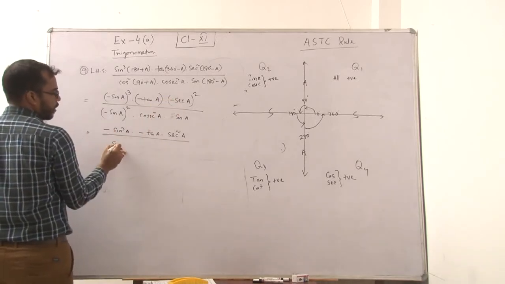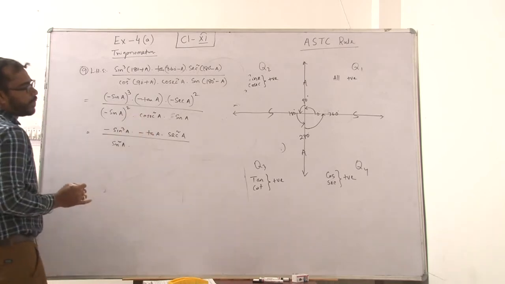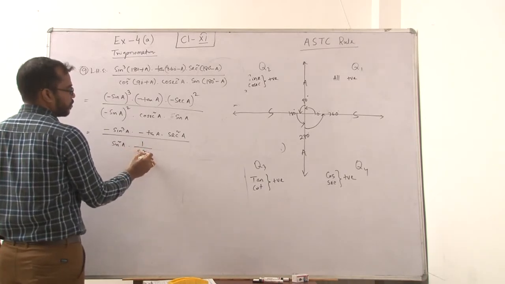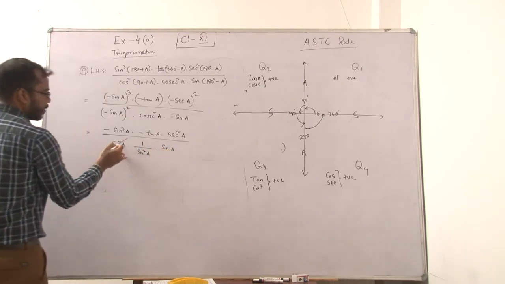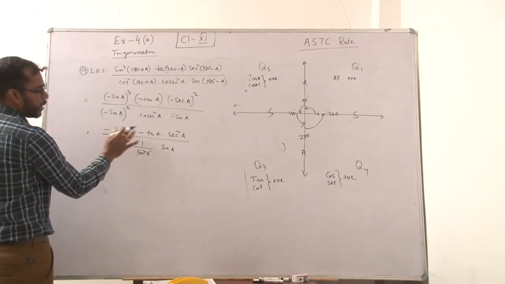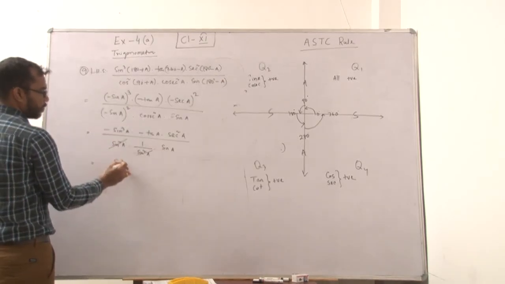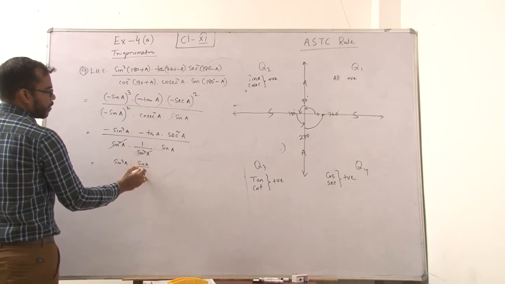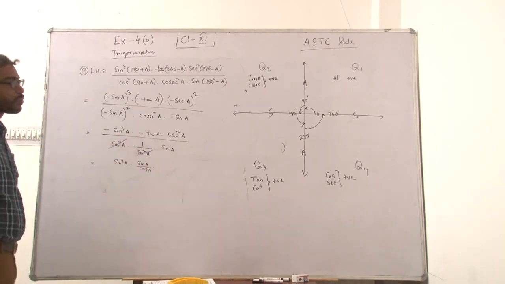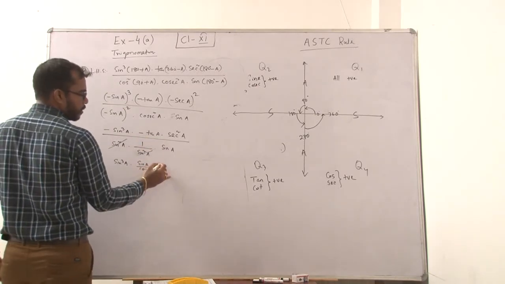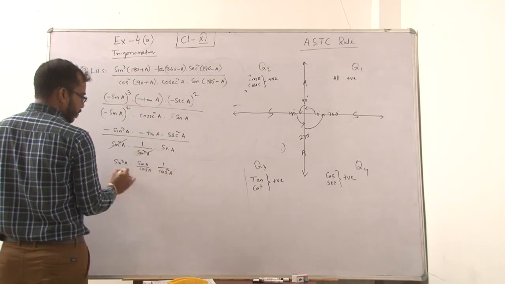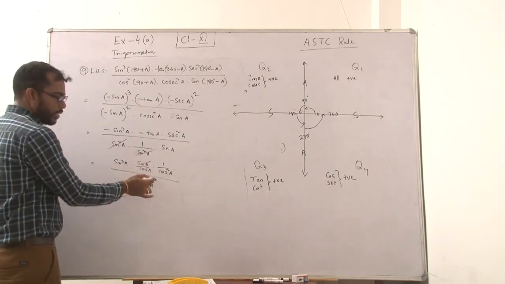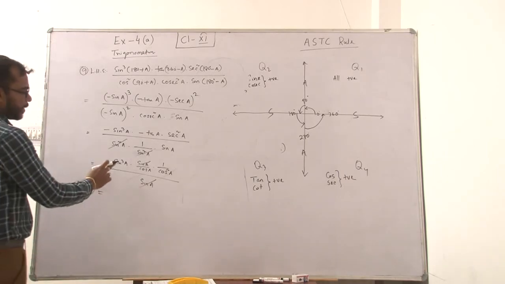The last one is sin square A into cosec square A. If we break the cosec square A, we use the formula 1 by cosec square A equal to sin square A, into sin A. Now cancel sin square A, and here negative into negative is positive, and that is sin A into tan A. Tan A we can break into sin A by cos A, and sec square A is also broken into cos form, so you can write 1 by cos square A, and the denominator is only sin A. So if we cancel sin A into sin A,